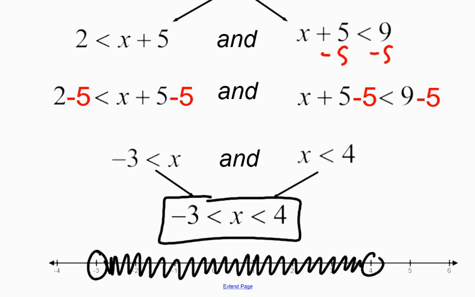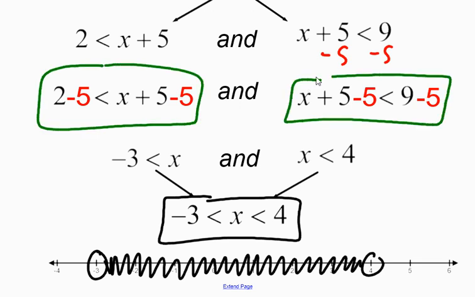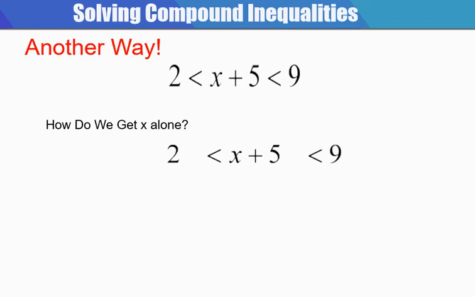So that's one way of solving an and, is to split it into the two statements. But you might have realized I did the exact same step here. I subtracted 5 from both sides when I split it. So why not just do it together? So what do I mean by that? Well, how do I get x alone? In the middle, I would need to subtract 5. So if I subtract it from the middle, I need to do it to the outsides. You've always heard in algebra what you do to one side, you have to do to the other. In a compound and inequality, the two sides are the inside and the outside statement. So if I do it to the middle, I have to do it to the outsides, both sides of the